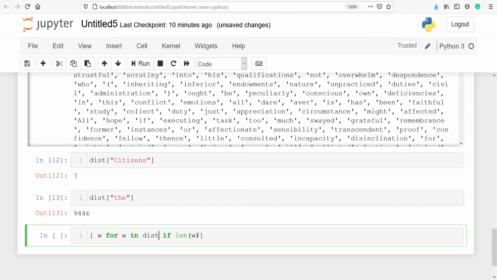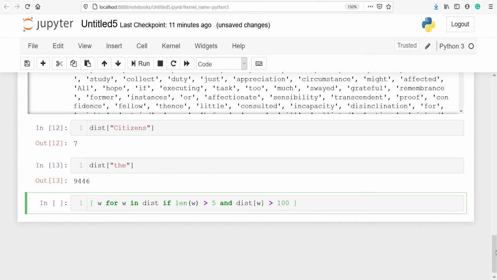If length of w is greater than 5, and we are passing one more condition, dist of w is greater than 100. We are saying that if the length of the word is greater than 5 and it is also repeating more than 100 times, then print those words.